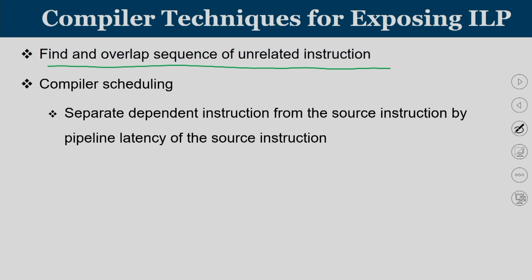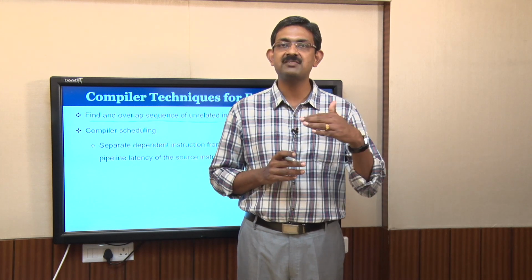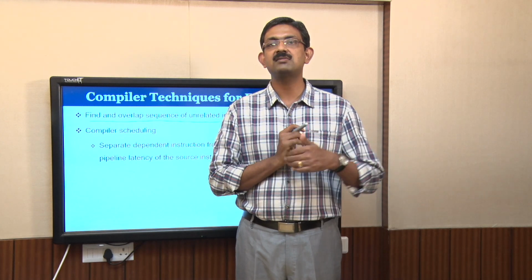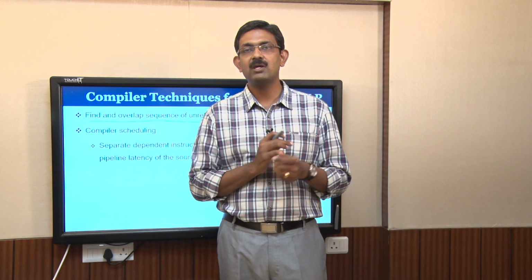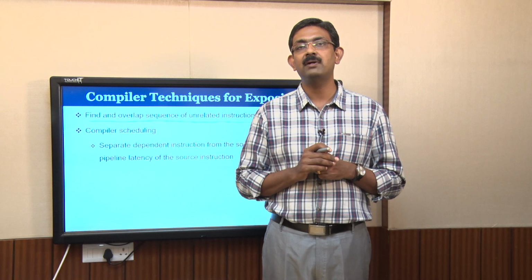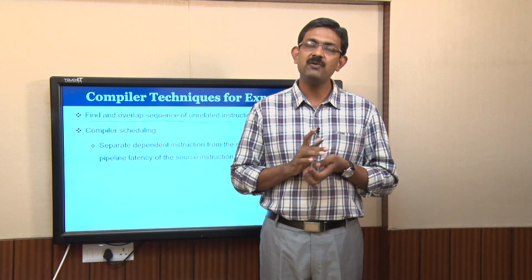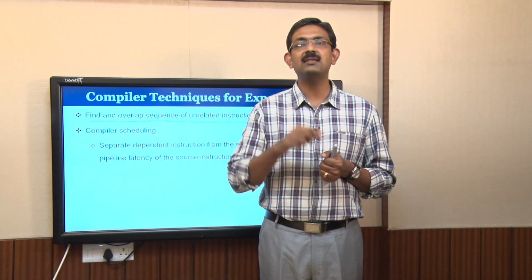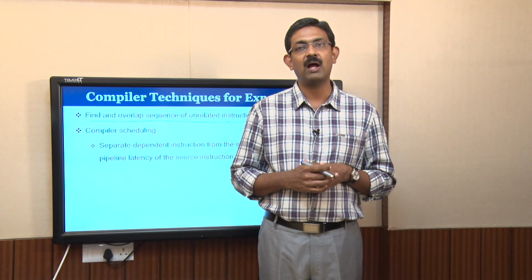We know that there are certain instructions which cannot run in the very next clock cycle after the previous instruction, like when you have a load instruction and then an ALU instruction that is going to make use of the result of the previous load instruction. Even though we use operand forwarding, we require a minimum of 1 clock cycle gap between these 2 instructions. In this case, there is a stall. So if the compiler could reorganize in such a way that I can fit some other instruction between this load and this add instruction, then no stall is going to happen.